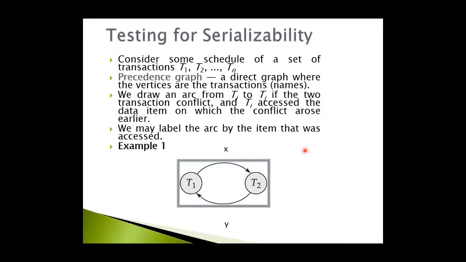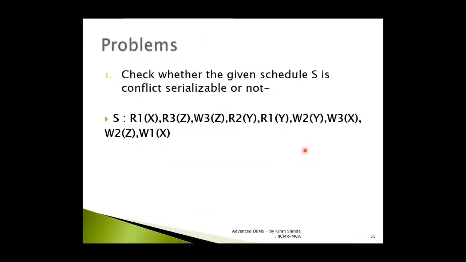Now we will take one example here. We are asked to check whether the given schedule S is conflict serializable or not. The first way is to represent the given schedule in the form of transactions, so that it will be easy for you to understand which instruction is getting conflicted with another instruction. First of all, I will teach you how to transform this given schedule, which is just a series of instructions, into the transaction format, and then I will show you how the precedence graph can be drawn.